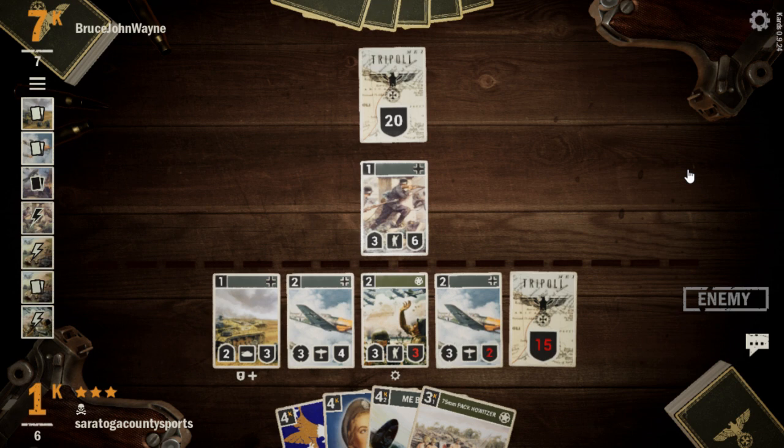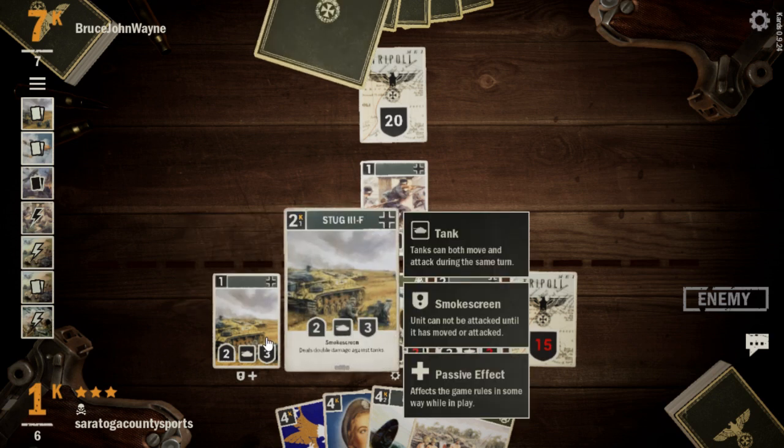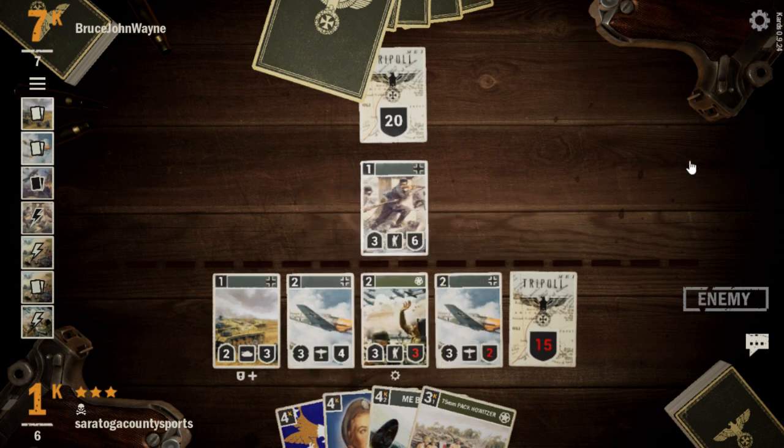Depends on what our opponent has here. I mean, even a Panzer IV doesn't do too much to us. It can take out our Stug, but you know, we get really maximum impact now out of this Cadet Nurse Corps. I think that's a big deal. I mean, we take another 3 on our HQ, but...